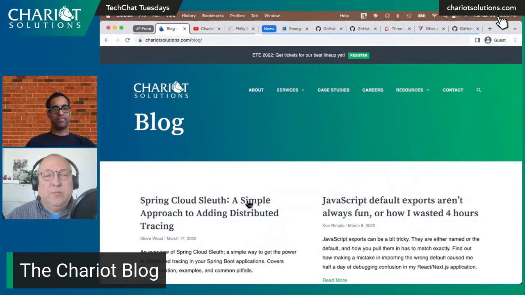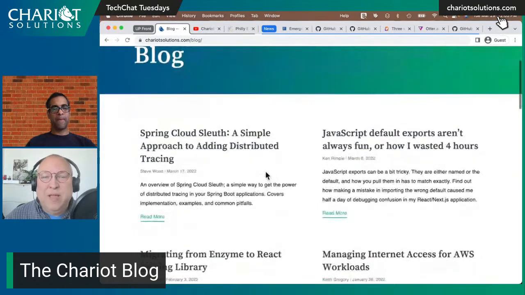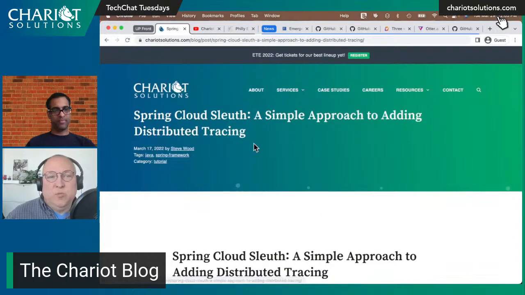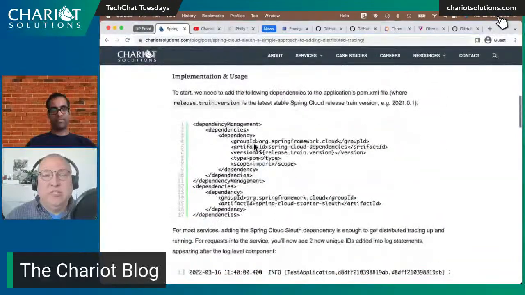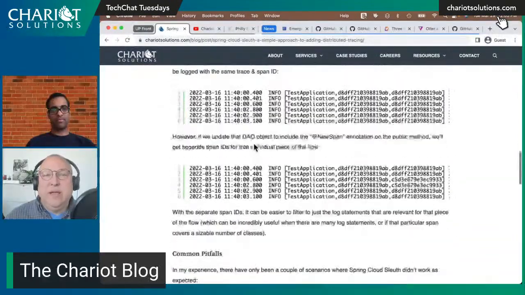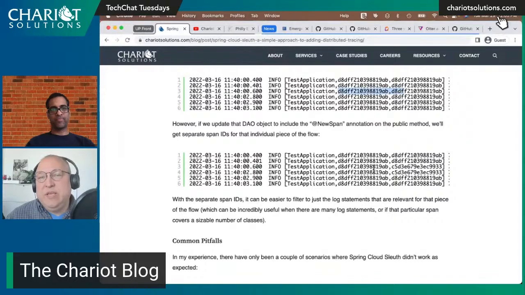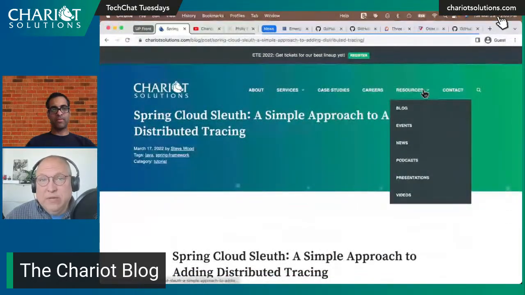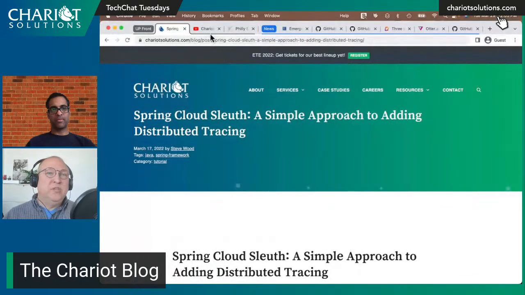We have an article this week, Spring Cloud Sleuth, an approach to adding distributed tracing, from a brand new employee, Steve Wood. It talks about a special feature of Spring that basically gives a distributed tracing key to things you're looking at. We have blog posts there all the time.